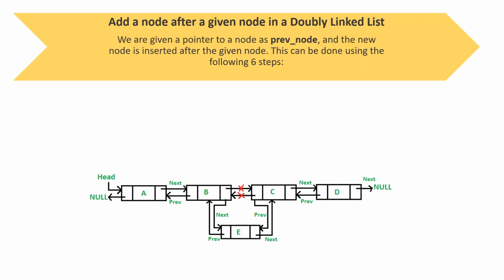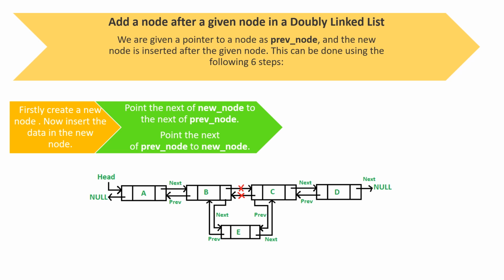Now we can see the first scenario, that is, add a node after a given node in the doubly linked list. We are given a pointer to a node as prev_node, and a new node is inserted after this given node. These are the five following steps, where prev_node is a pointer which points to node B. So we are going to insert a new node E after the given node B. Firstly, we create a new node, that is E. Now we insert the data in the